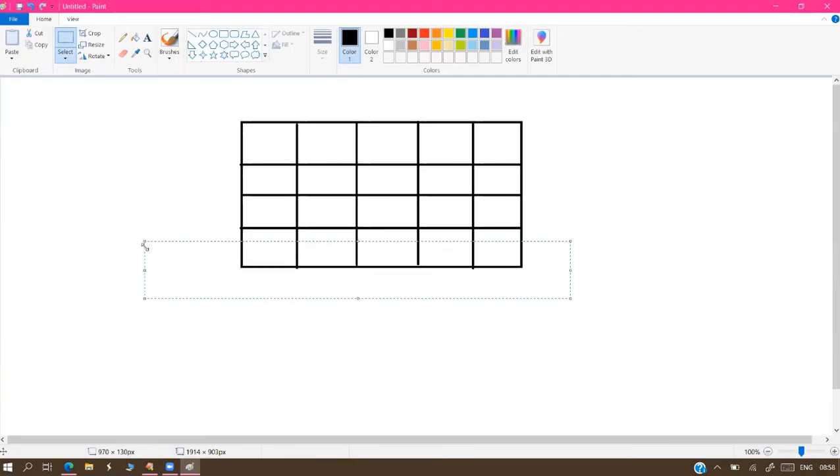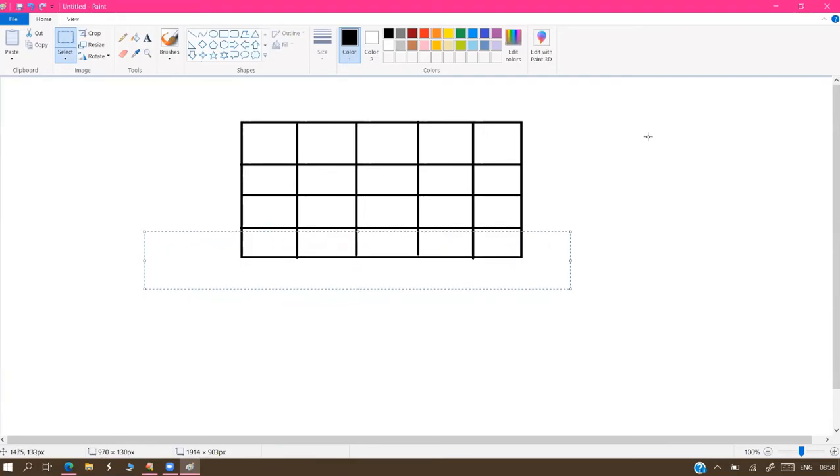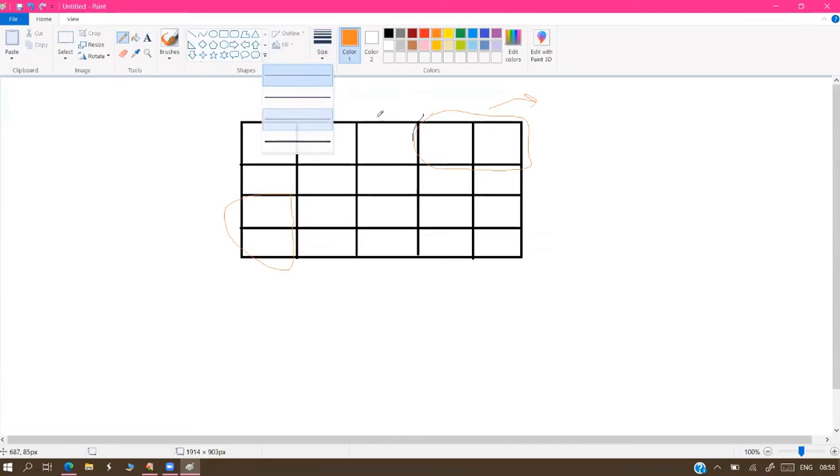So this is our table. Suppose here these two columns are available, these two boxes. Now I want to display these two boxes as a single box. Like that, here we have some two boxes. These two boxes I want to display as a single box. Merging these two boxes and displaying them as a single box is called colspan.